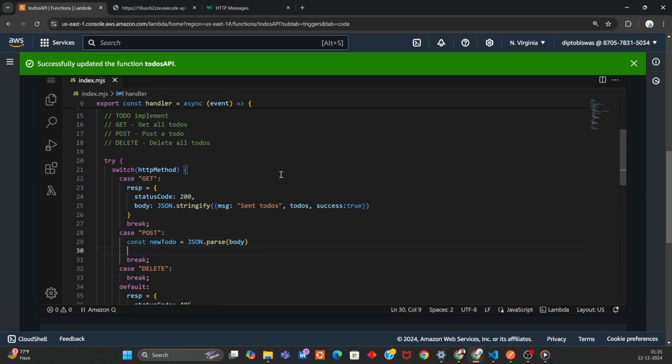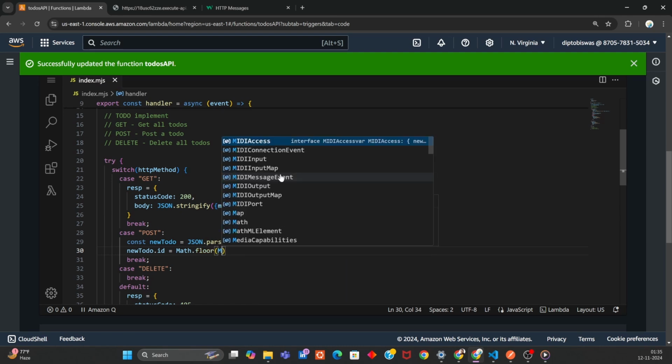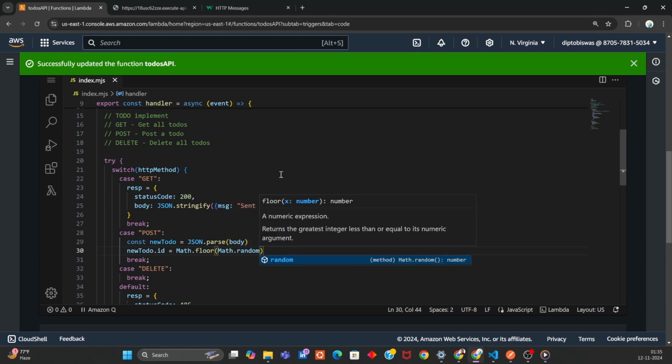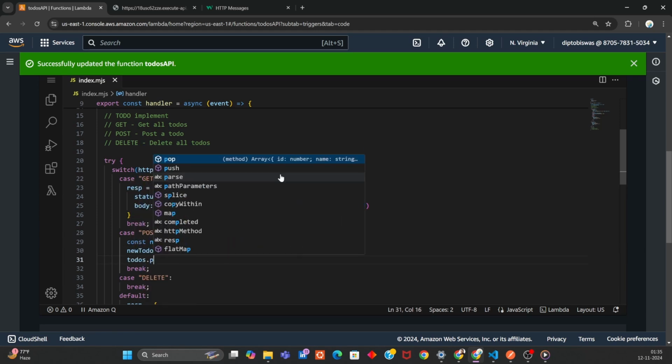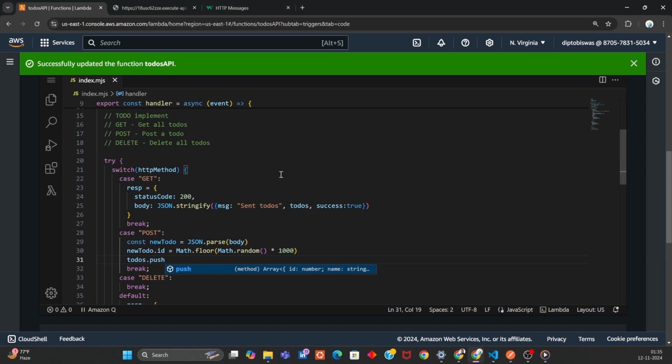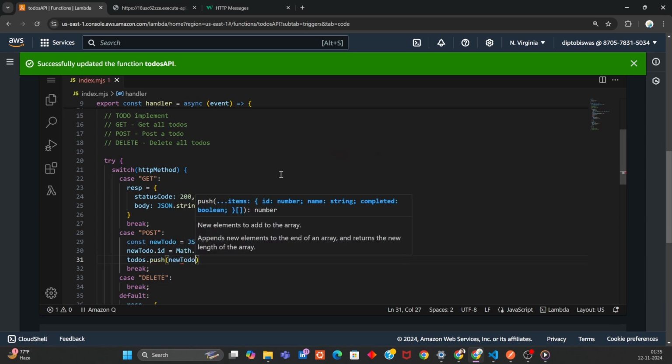And then we also need some sort of an ID. So newTodo.id. What is this? We will take a random ID. So Math.floor and Math.random, and this will create a number between 0 and 1, so multiplied by 1000. So the ID is a number between 0 and 1000, that's all. Lastly, we will push this new to do inside the todos, so todos.push(newTodo),